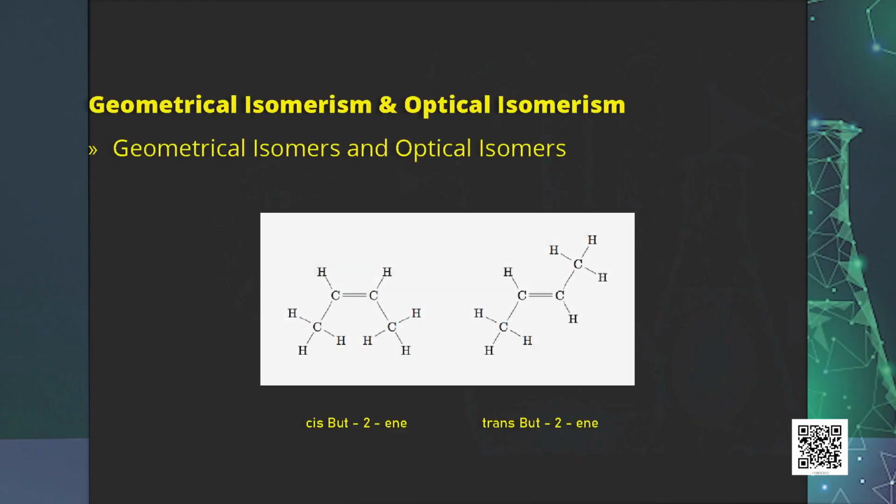Geometrical isomerism arises due to the restricted rotation of atoms or groups around the carbon-carbon double bond. For example, but-2-ene shows geometrical isomerism and exists as cis-but-2-ene and